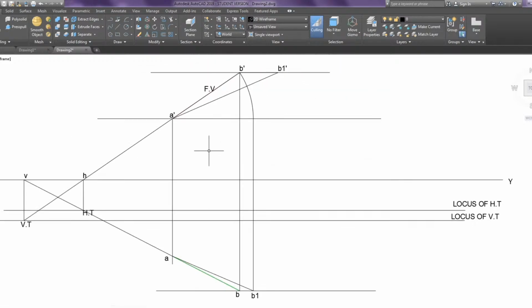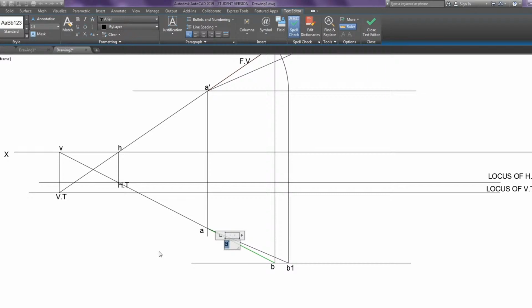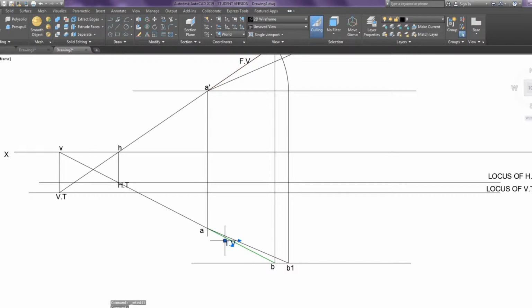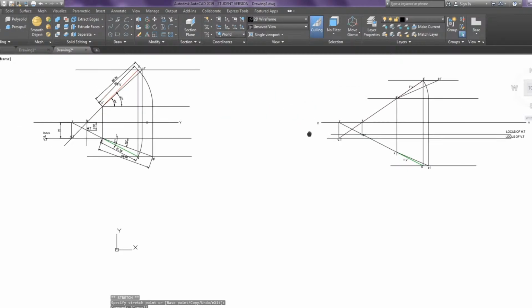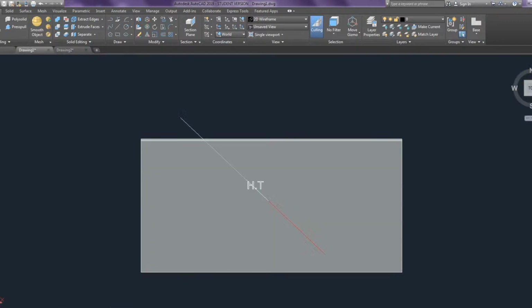Okay, the red colored one is the front view, and this one here is the top view, the green colored one. This is one of the trickiest problems actually. These two are the problems that I want to touch in this particular class. I'm going to repeat them once again, whatever the topics that I've told you today. See here,